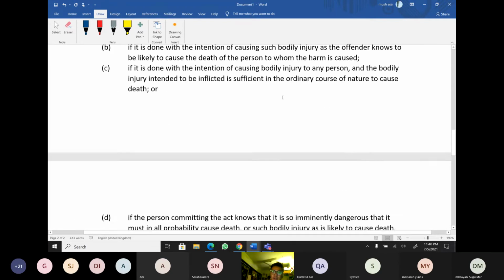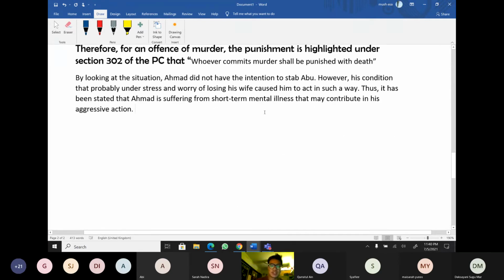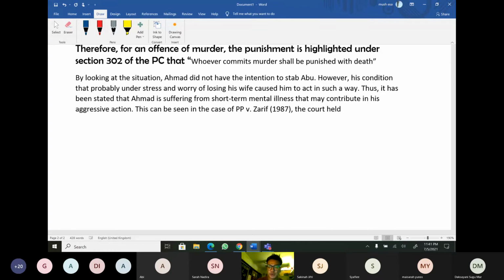So sekarang saya tak buat lagi defense tapi inilah cara jawab dia. Kalau nak masukkan case macam mana? Okay, this can be referred, this can be seen in the case of, let's say Zainab, PP against, ada satu case yang famous tu yang pasal dia ada mental illness. PP lawan Ali ke Ahmad lagi Zarif lah. Lepas tu letak tahun dia 1987, let's say. Okay, the court held, ni important nanti saya apa kata important, that during the